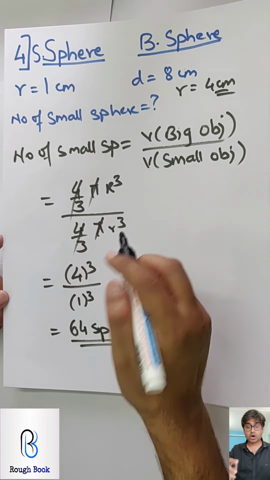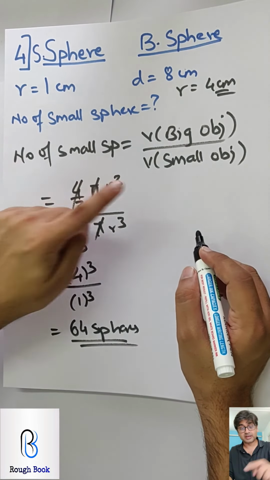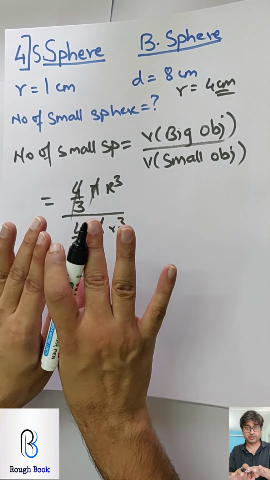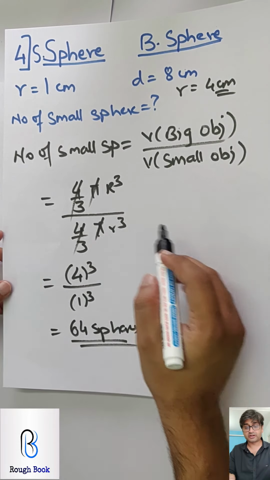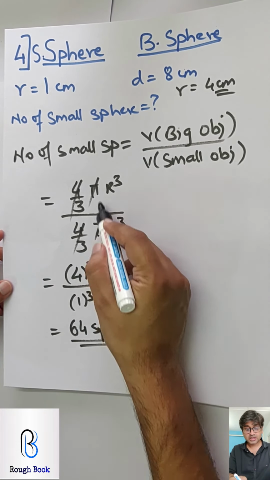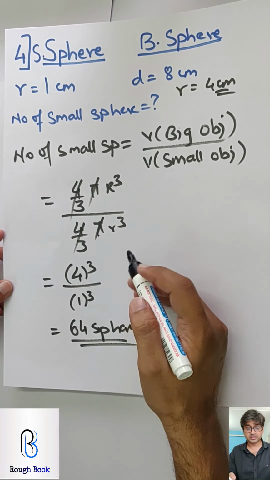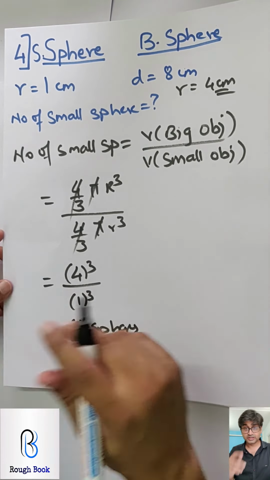Are you getting it? Always do it this way. Don't find this separate and then get both of them together. You will waste a lot of time and you might get into decimals. Here the advantage is things get cancelled and you can directly get your answer. So please stick to that.